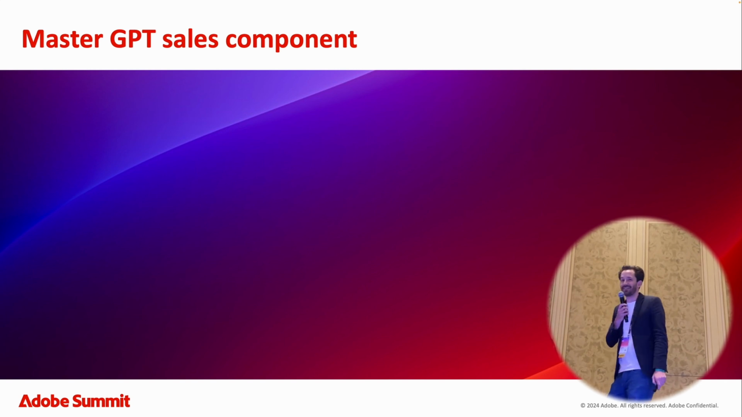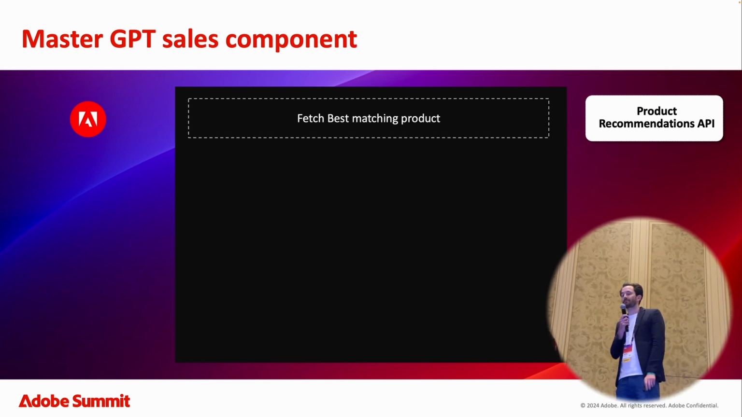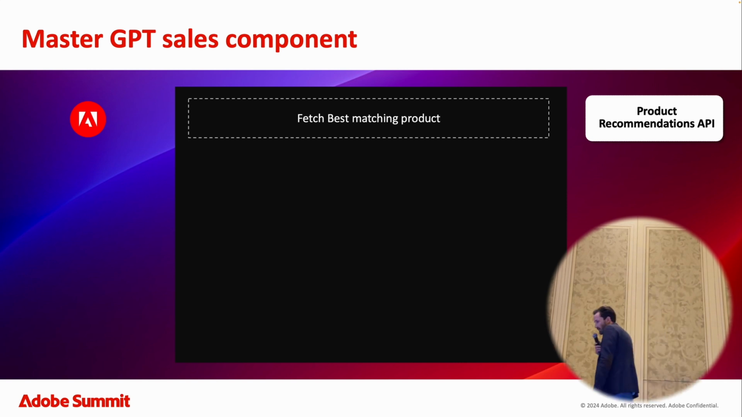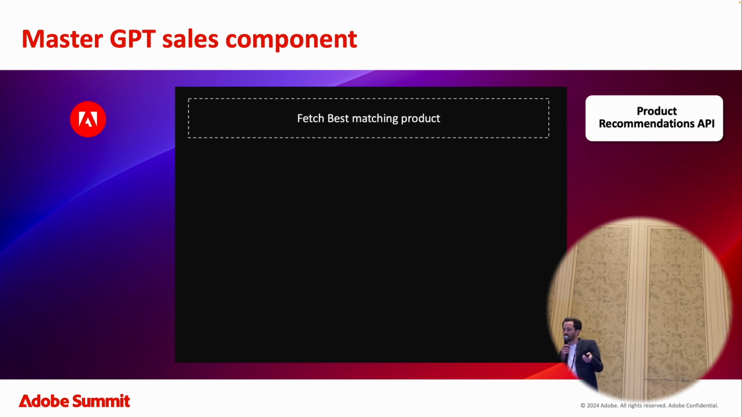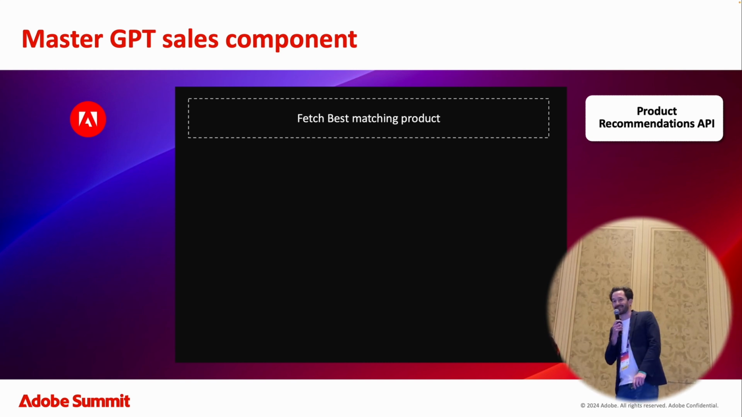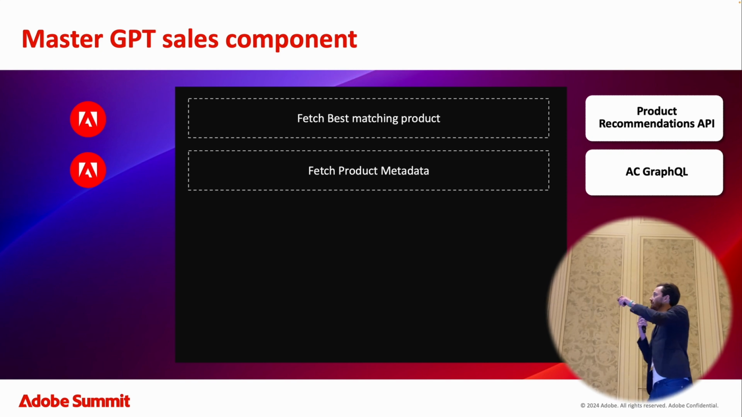How does it actually work? It's the Master GPT sales component. First, it makes an API call via the App Builder to the recommendations API. So I wrote down here what the recommendation API can actually do. It's most viewed, most purchased, most added to cart, trending, and so on. And actually one request we had is we need the least trending product, because this is also very interesting for us, right? So next thing is, once we found the SKU, let's say the most trending product,